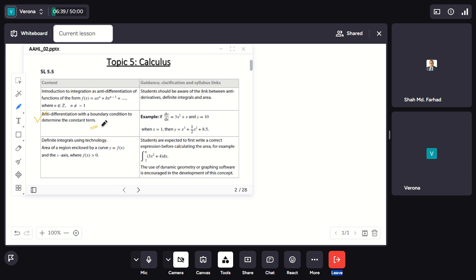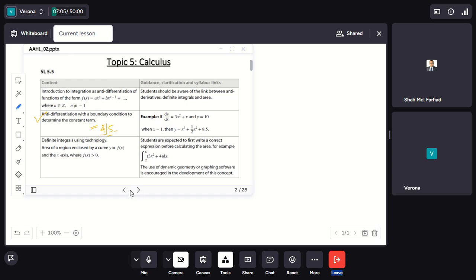From here you will get up to 4 or 5 marks. It can be on paper 1 or even it can be on paper 2. This topic is very important. Then here is another one, that is definite integral using technology, or there are other topics